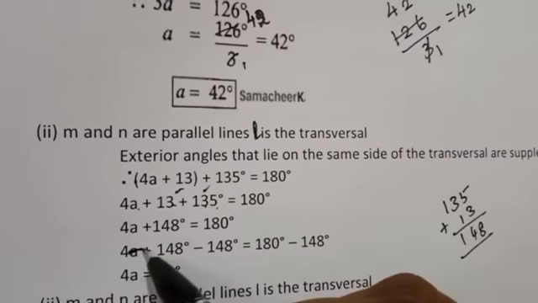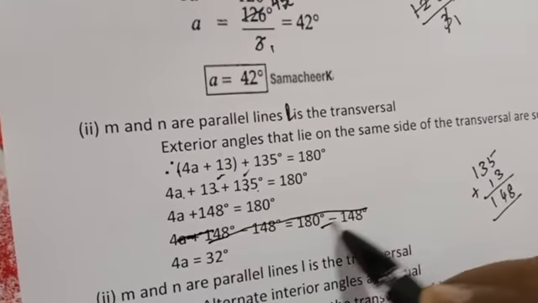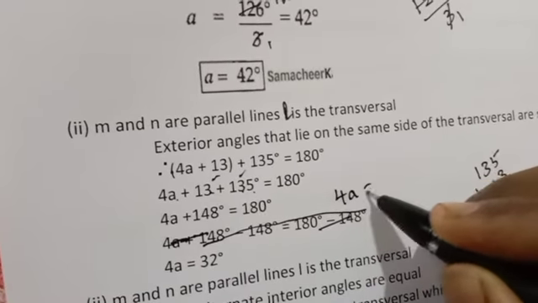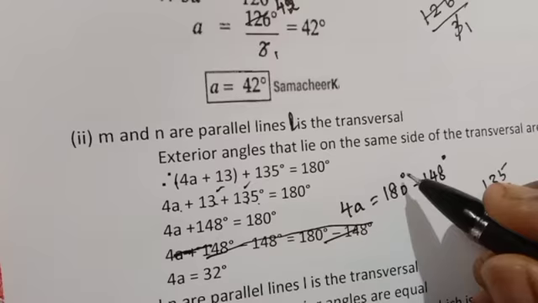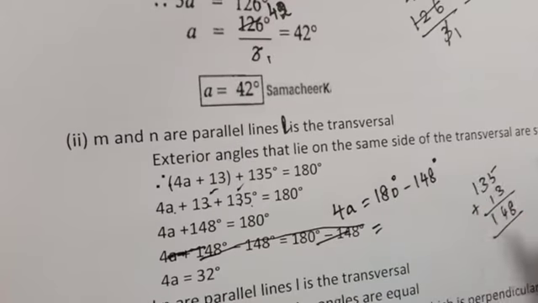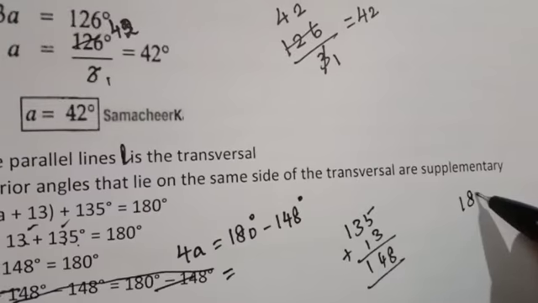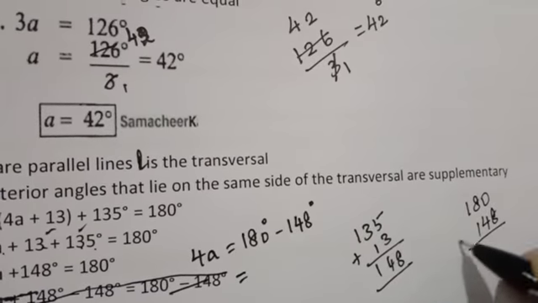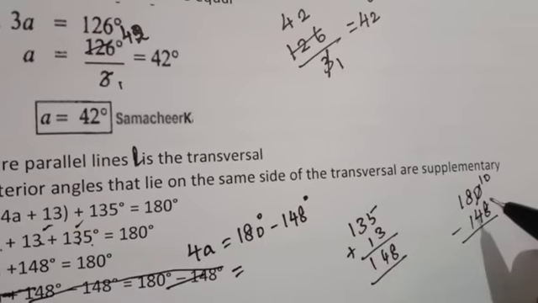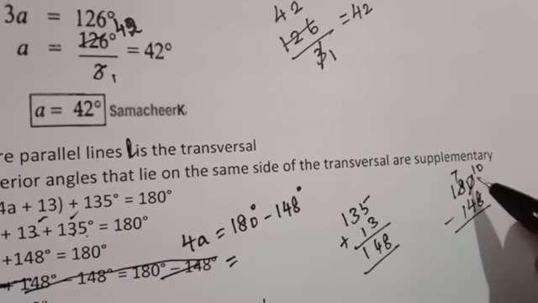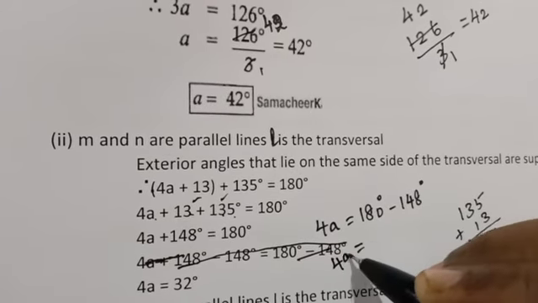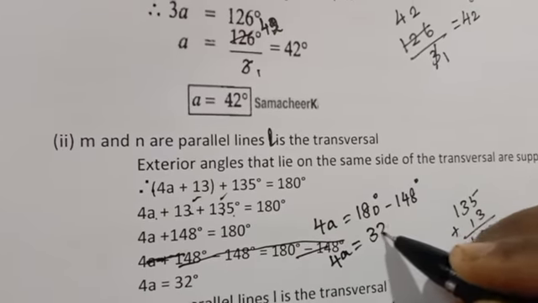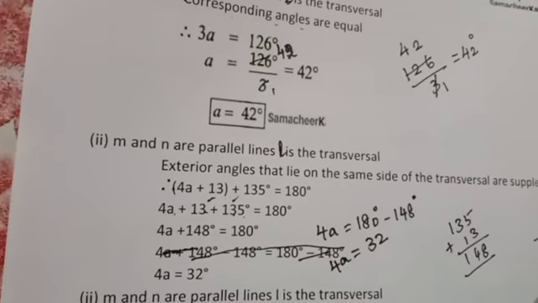Now you have to find this value. So that is 4A is equal to 180 degree minus 148 degree. How do you read this? Degree. So now you have to subtract these two. 180 minus 148. How do you subtract? It is 10. Borrowed one, so it is 7. 10 minus 8 is 2. 7 minus 4 is 3. 1 minus 1, 0. So 32. So 4A is equal to 32 degree.